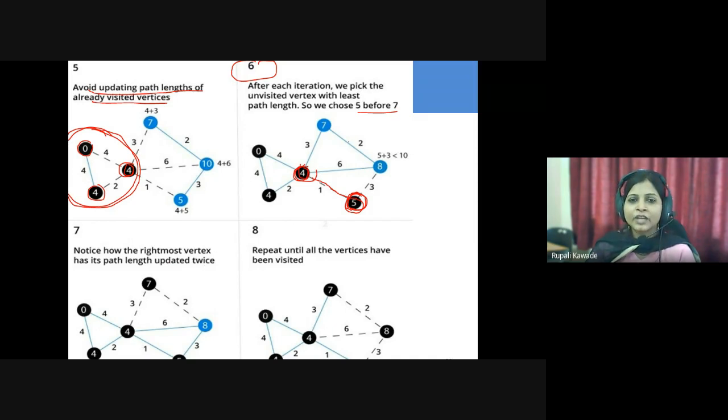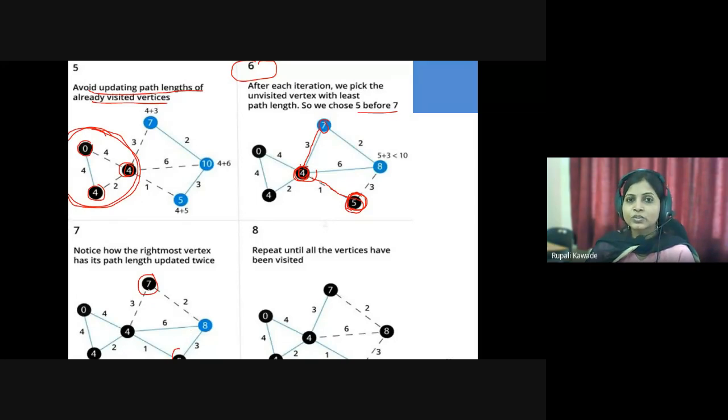Now let's see how. Now this next node: the adjacent of this 4th is 5, so we have updated it as 5. Now for this next node 7, what is its distance? 4 plus 3, right? 4 plus 3, that is 7. If you go by another way, it will never be less than 7, right? So we have visited this 7th node also. That is not the number 7, that is the path length 7.